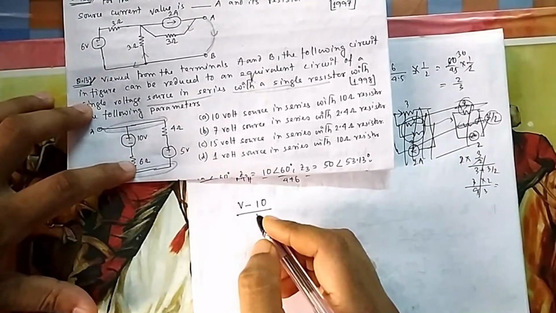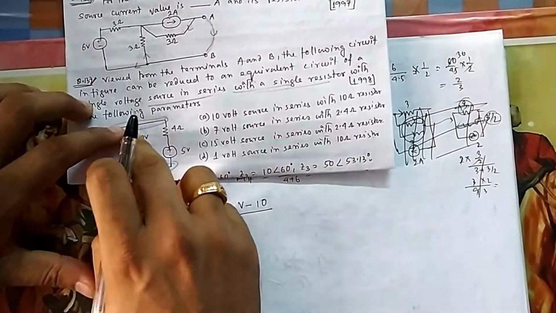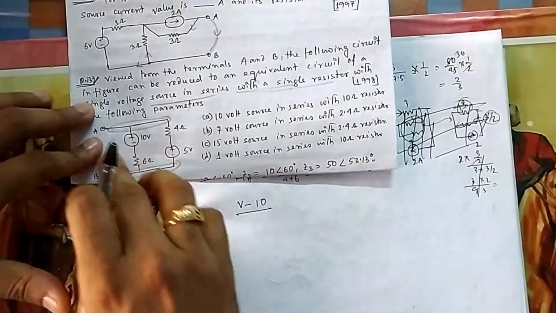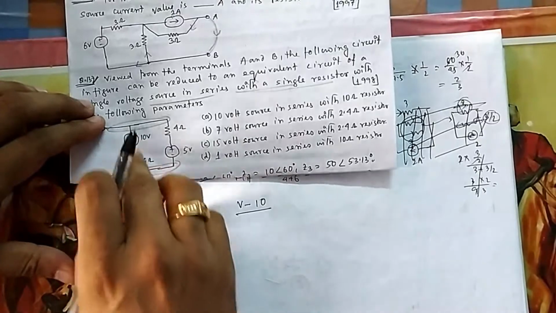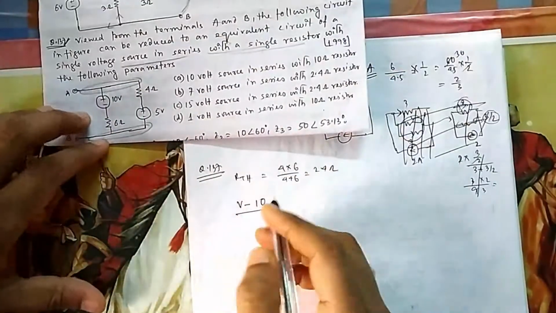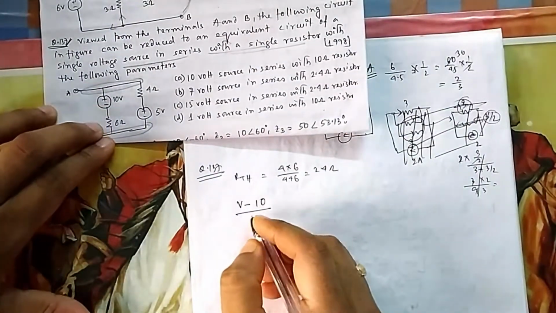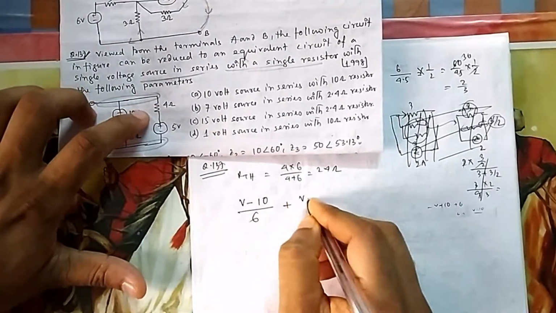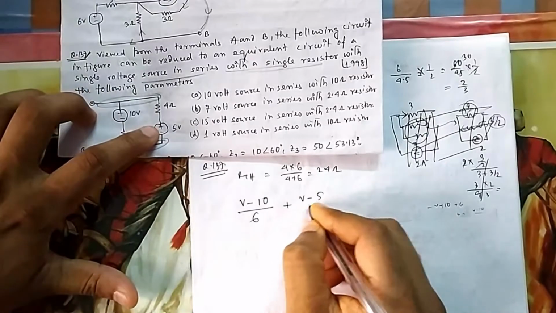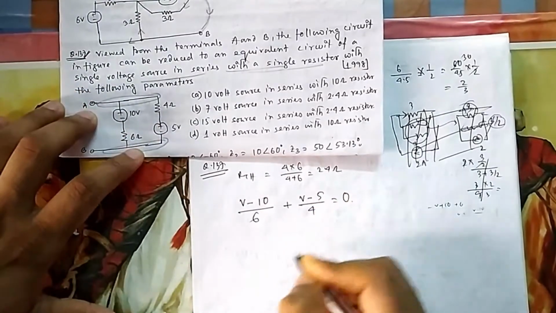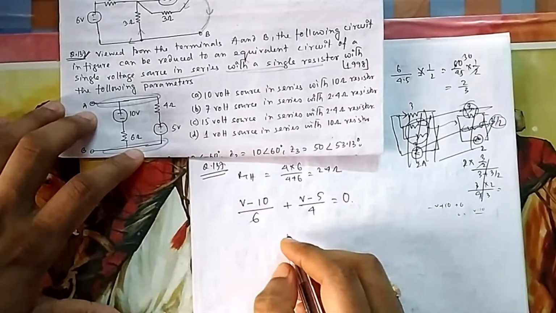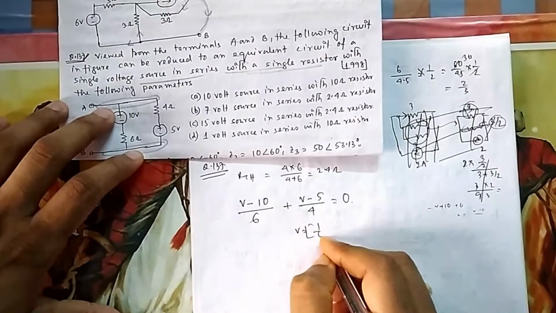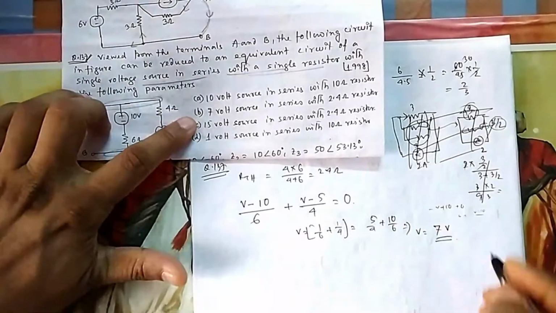You can think of this resistor's upper side, then across it this voltage minus this voltage is appearing, or you can take KVL also, simple. This voltage is V, I have shown you in earlier cases, the current is (V minus 10) divided by 6. This current, what is the voltage across 4? So it is (V minus 5 volt) divided by 4. This should be equal to 0. So from here also you can calculate what V will be. I think if you calculate, it will be V (1 by 6 plus 1 by 4) equals 7 volt. So that is your option B.